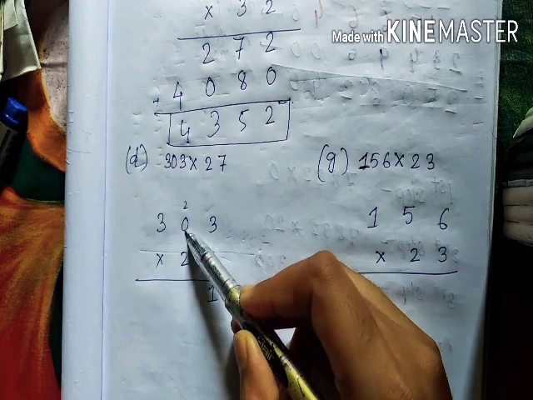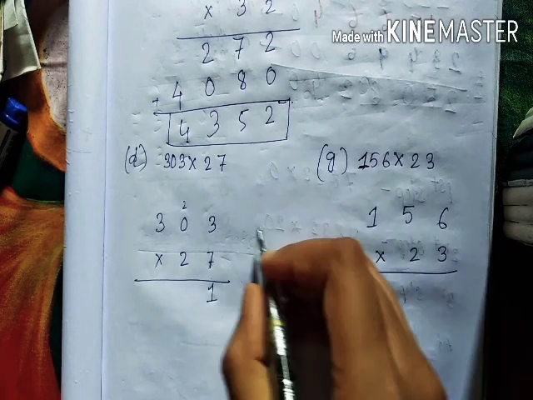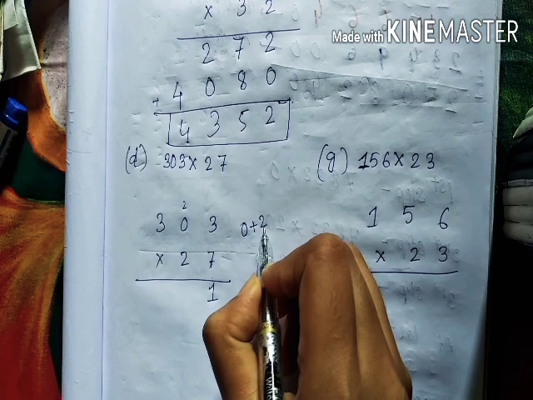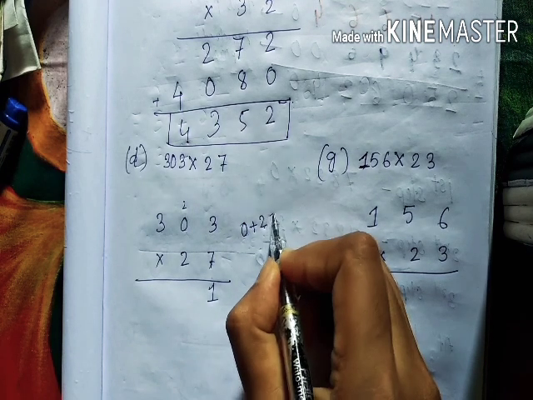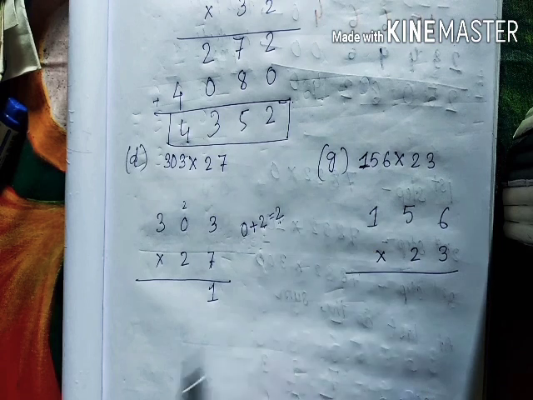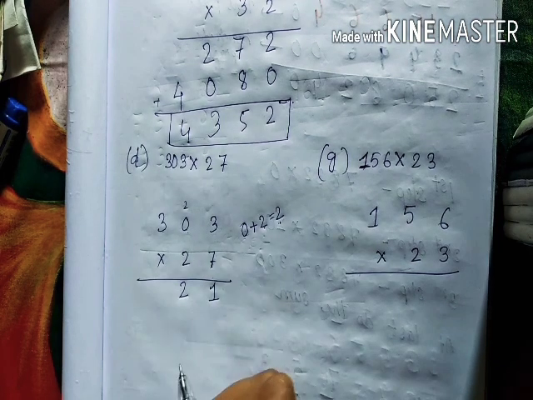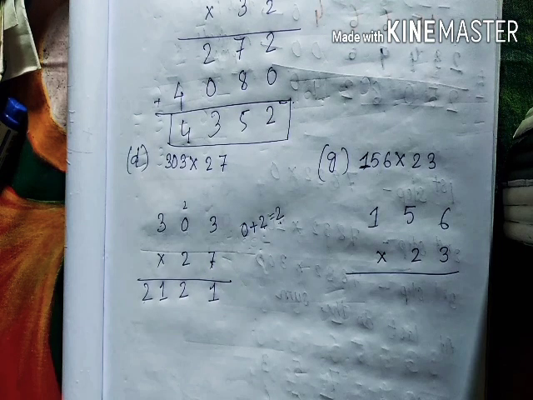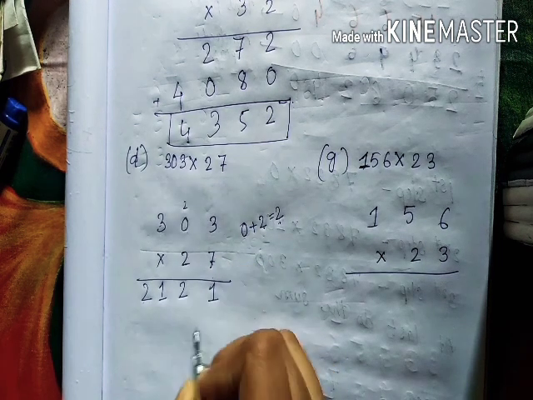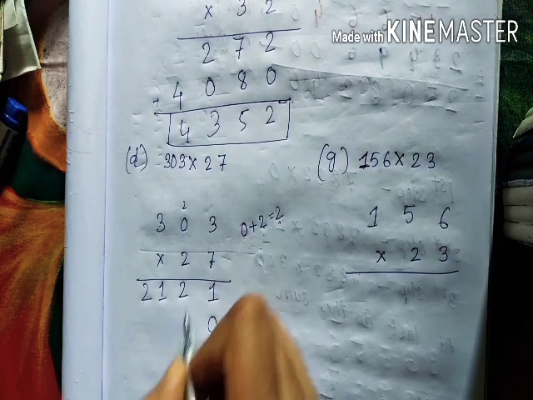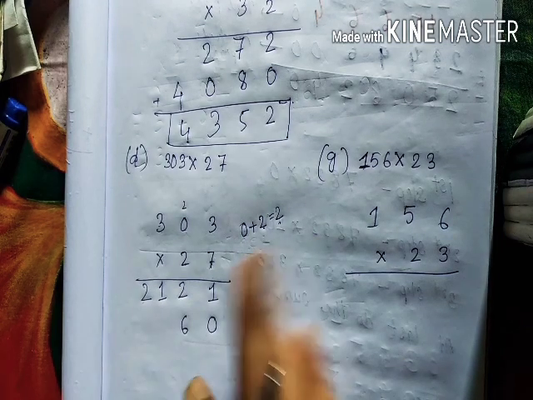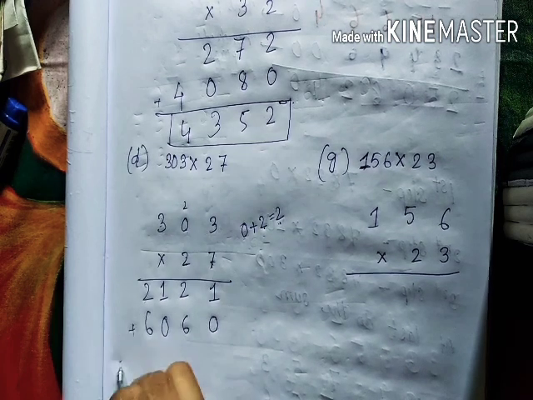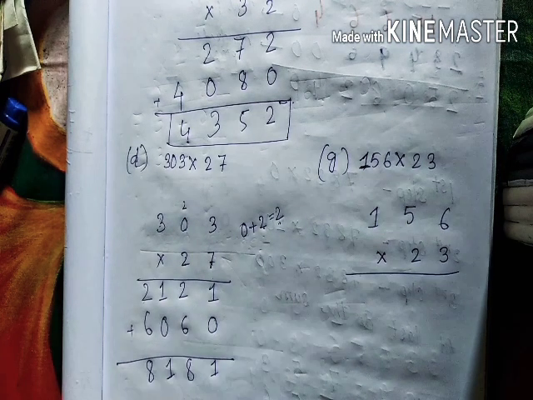So 7 0s are how much? 0. So 0 and carry is our 2. Something we add with 0 will give us the same number. So what are we getting? We are getting 2. So you have to write 2 here. And again 3 7s are 21. So now we will do tens place. So ones place will be 0. 3 2s are 6. There is no carry now. So 2 0s are 0 and 3 2s again 6. Now you have to do the sum. So this is your answer.